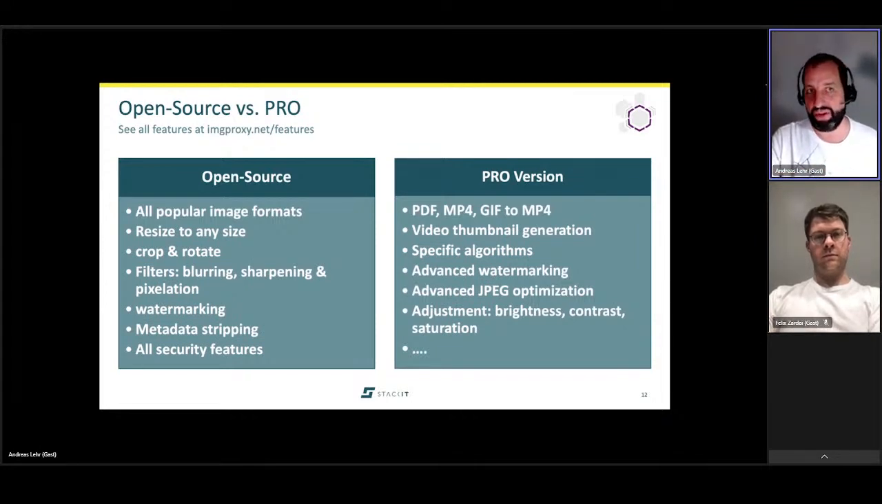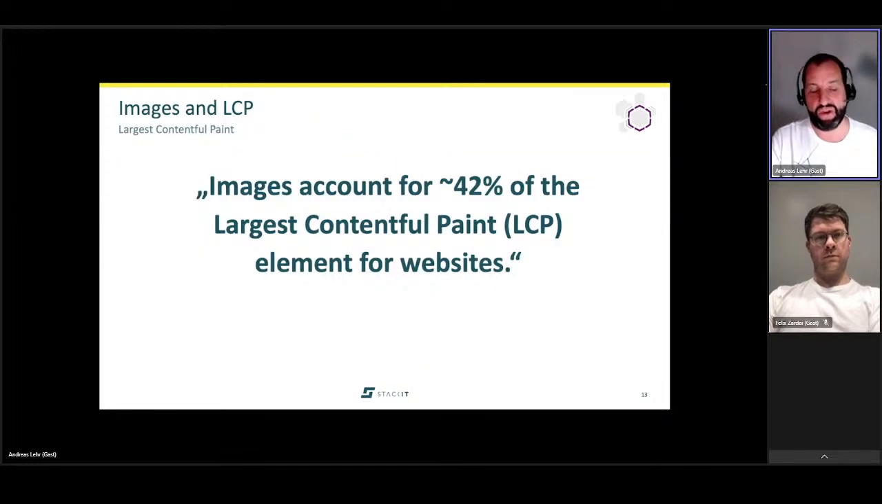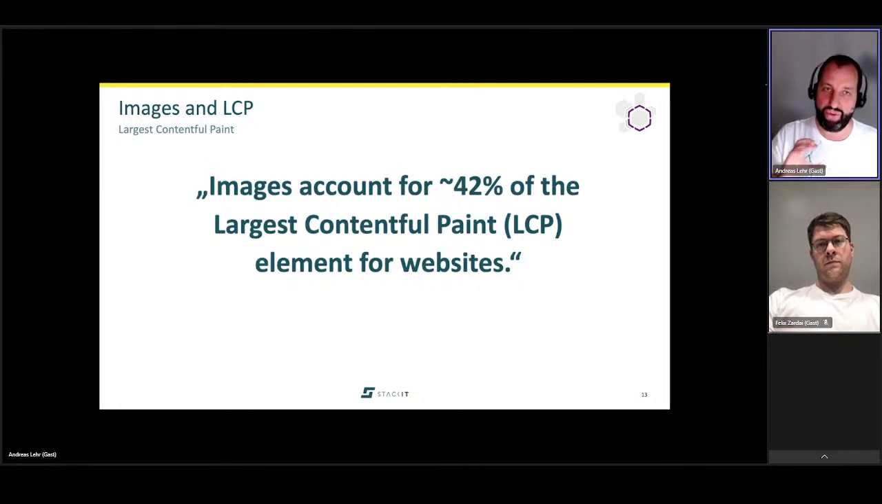So I talked about the importance of image sizes. There's research by Paul Calvano. He found out that images account for 42% of the largest contentful paint elements of websites. The largest contentful paint is one of the main important Lighthouse metrics, and 42% are images. In second place are div elements with 27%, and then we have headline elements with 7%. So if you really focus on optimizing your images, there's a lot of room for quick wins on